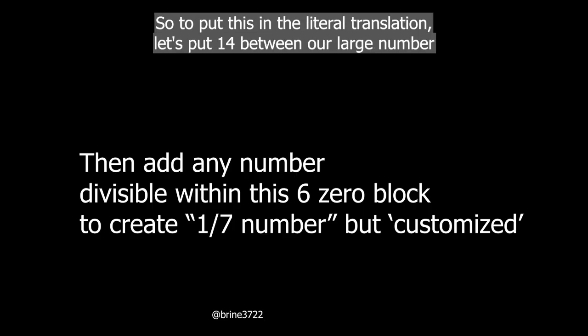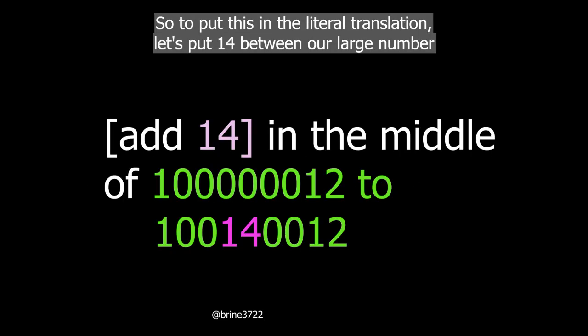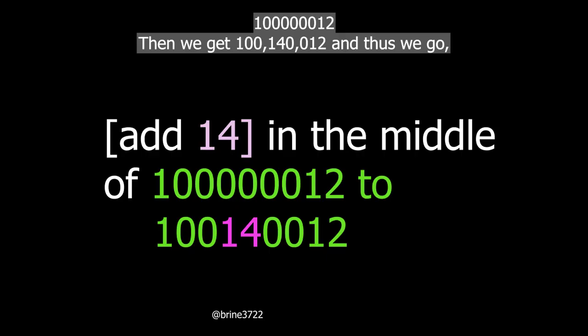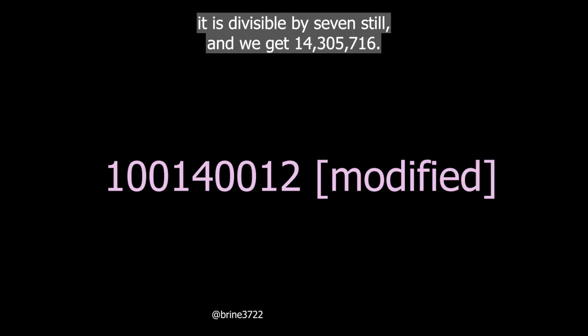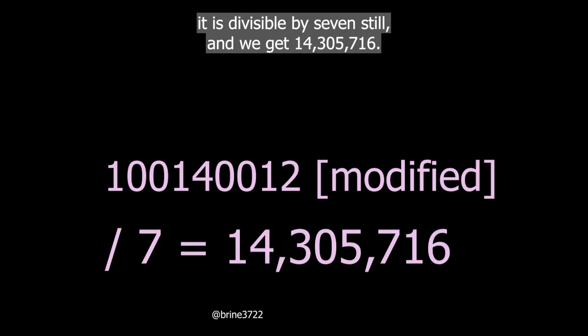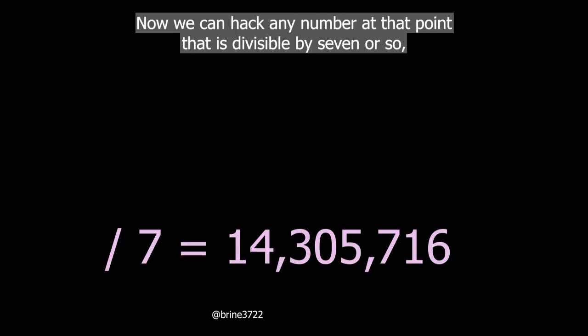For example, to put this in the literal translation, let's put 14 in the middle of our large number 1,000,000,000,012, and we get 100,140,012. And thus we go. It is divisible by 7 still, and we get 14,305,716. Now we can hack any number at that point that is divisible by 7, or so change it with